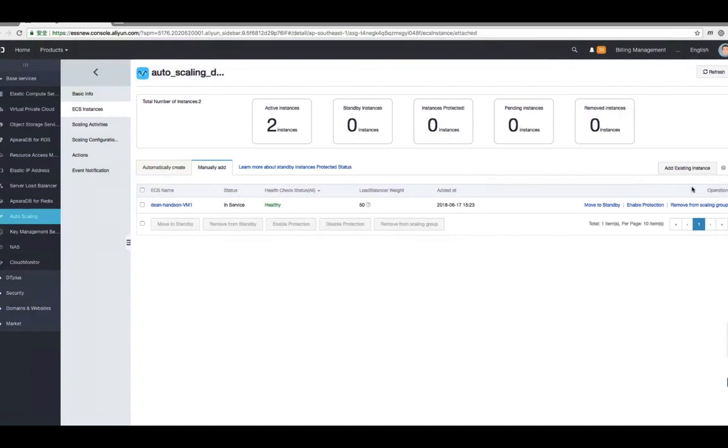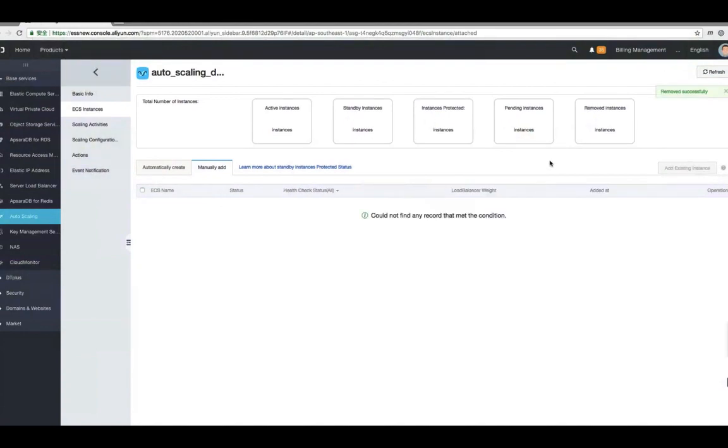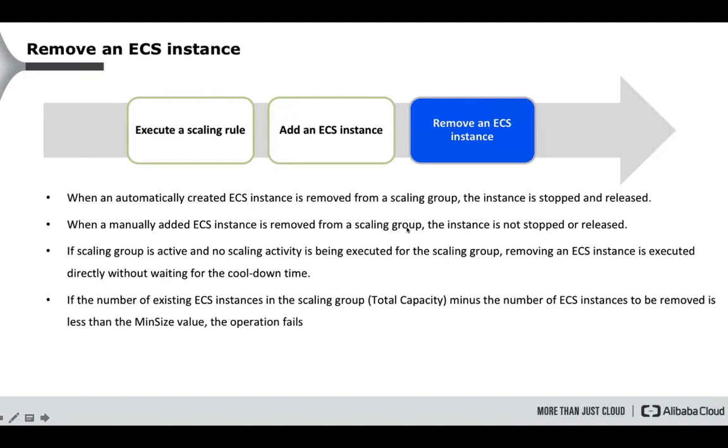You can also remove this ECS instance by clicking remove from scaling group. Click here and click confirm. Very fast. In this chapter we explained the operations about how to manually execute the scaling rule and